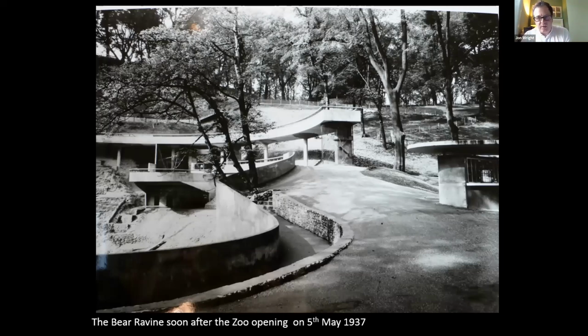Originally the westernmost one was kind of enclosed with a wire mesh to house squirrels, and you can just about see their enclosure on the far side there. And this too suffered from this looking down issue, because it featured this enormous cantilevered balcony, which you can just see below the upper terrace next to those three trees there, and this amazing S-shaped curved wall, which was a